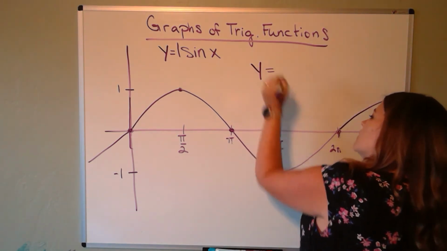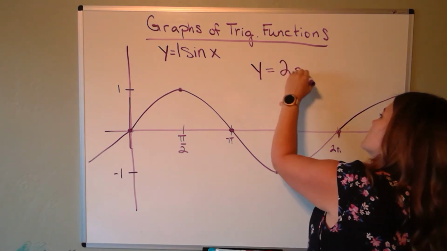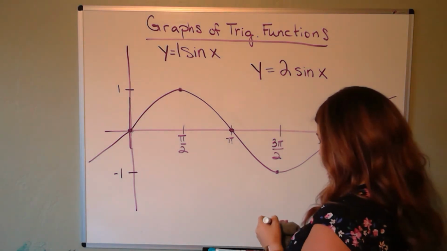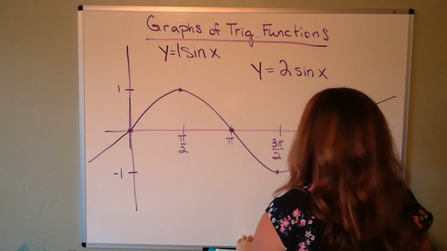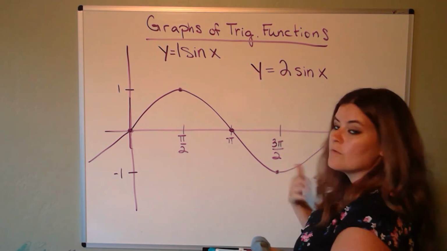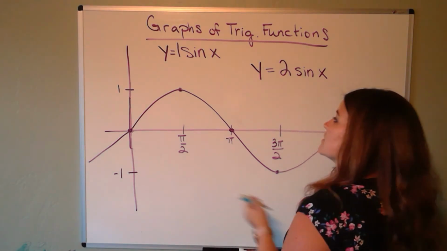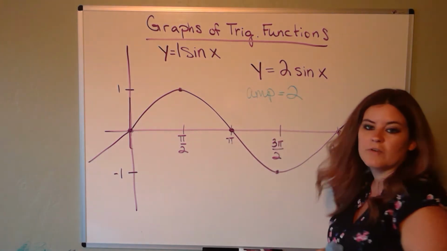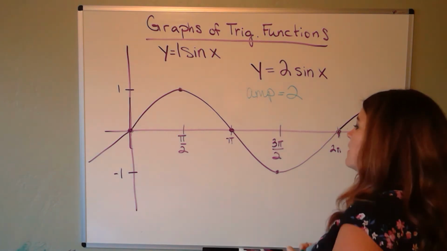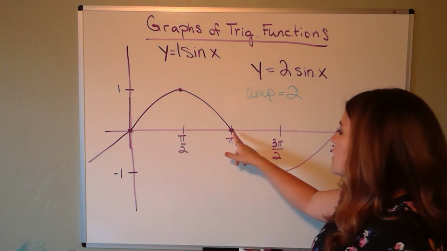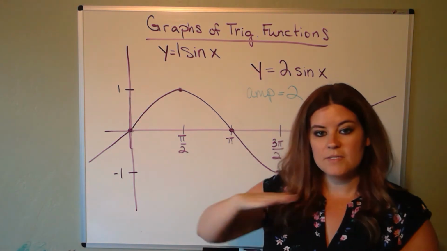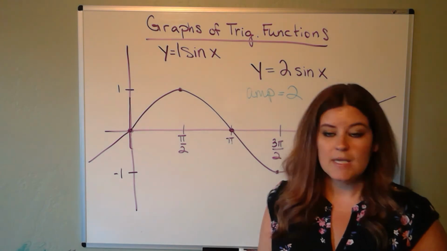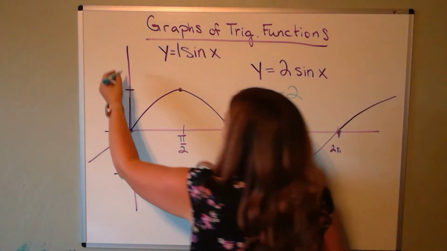What if my equation was y equals 2 sine x? How would that change this graph? All that's different is this A or this amplitude value here. Let's note that that means the amplitude of my new function is 2. Notice it does not change anything about your x-intercepts. Those stay the same. The only thing amplitude affects is your highs and your lows. So an amplitude of 2